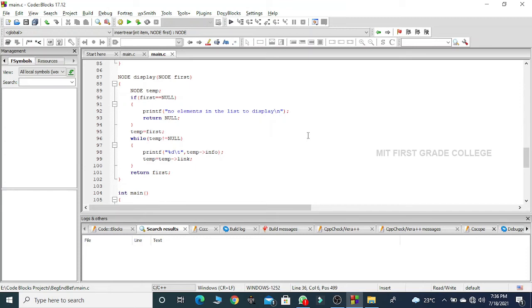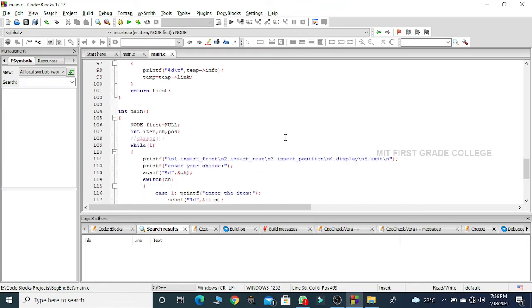Now when null is assigned to temp and I go back to the condition of the while loop and check temp is not equal to null, that will be like null not equal to null, which will yield a false result. So that means I have traversed all the nodes in my linked list, and I return the address of the first node inside my linked list.